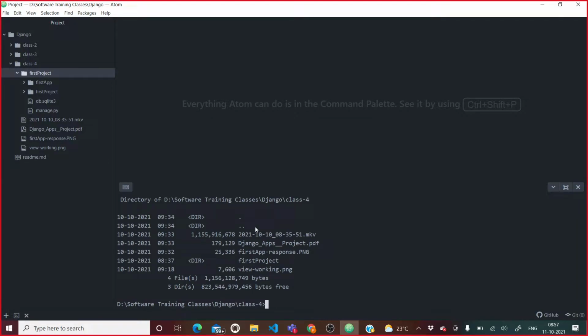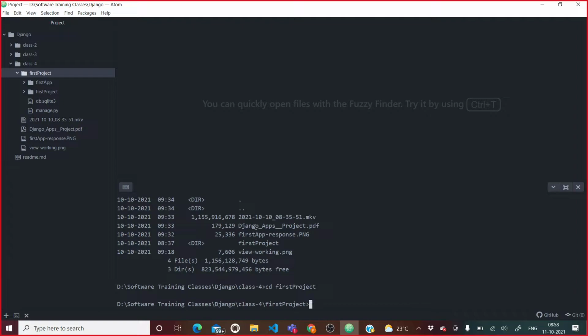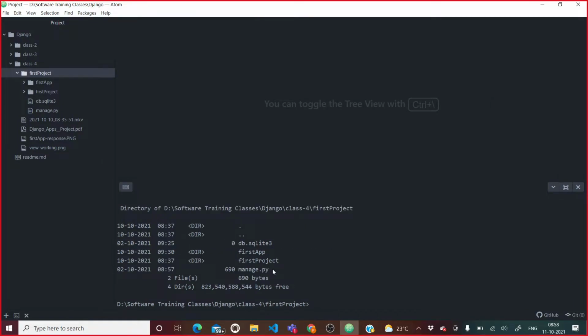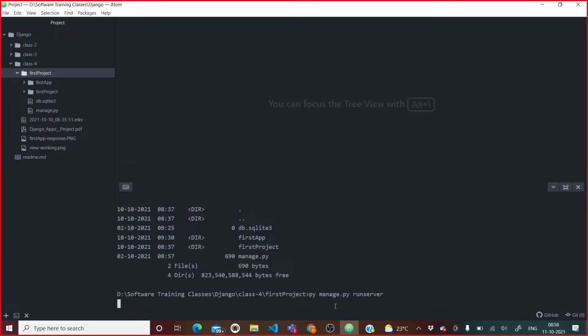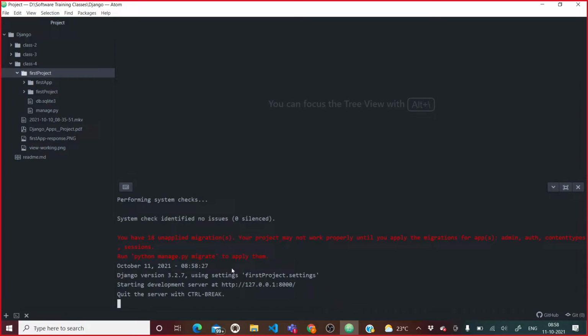In this we need to go into the project folder. So what is our project folder? First project. In this first project, I need to run the server. To run the server we should have access to manage.py, and we have direct access to manage.py. So I will say py manage.py runserver, hit enter. Now see, it has started our server at this port.